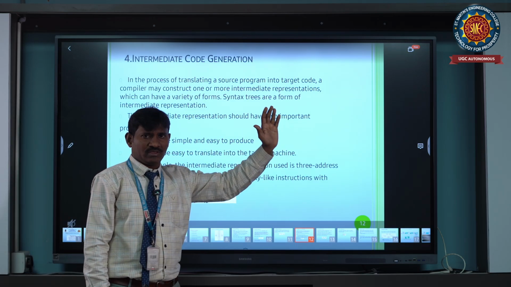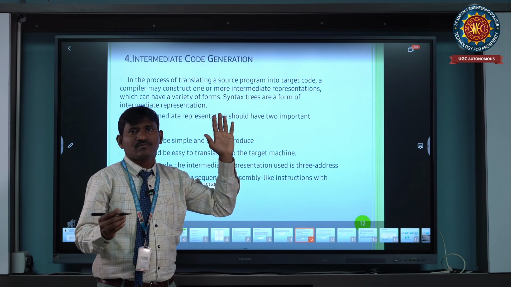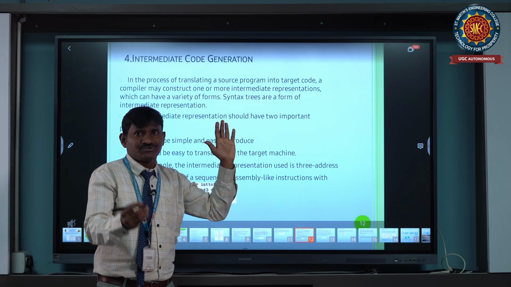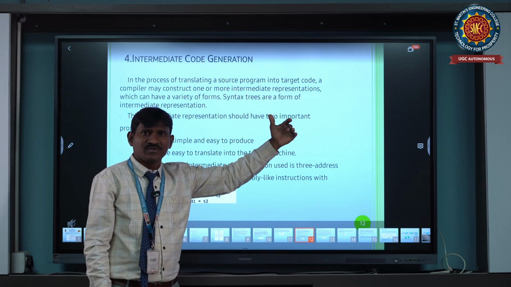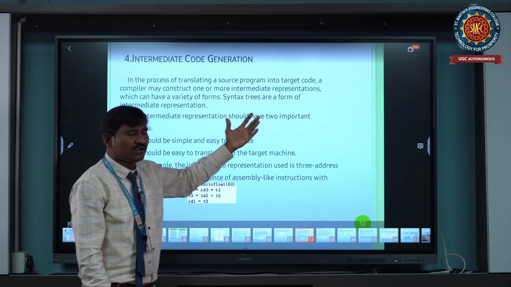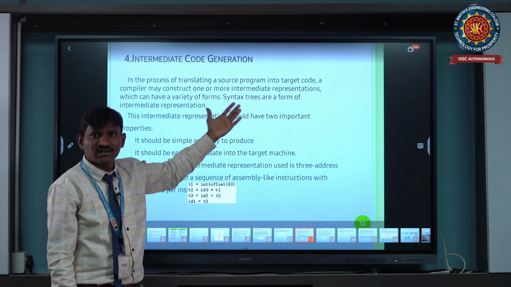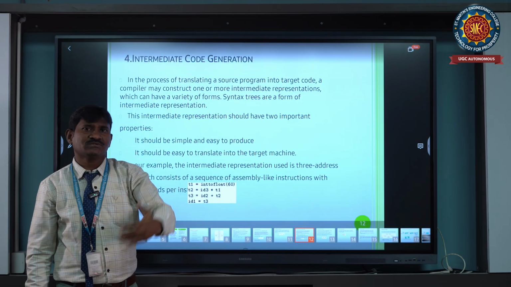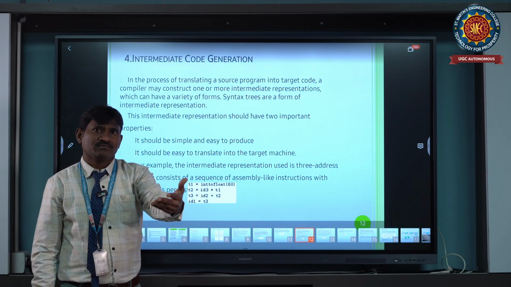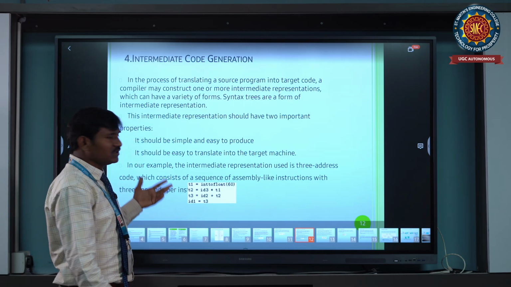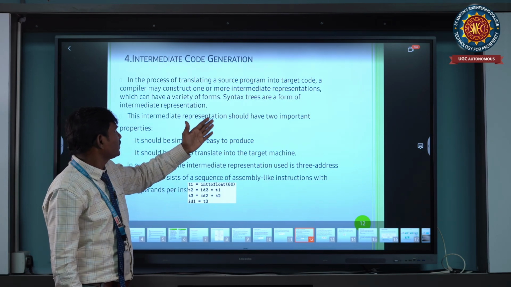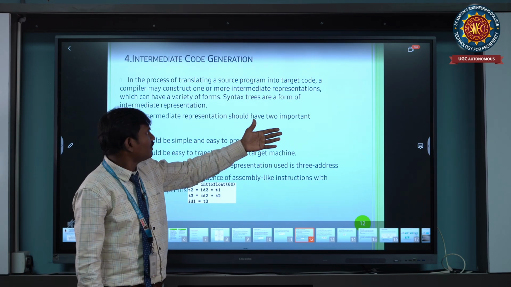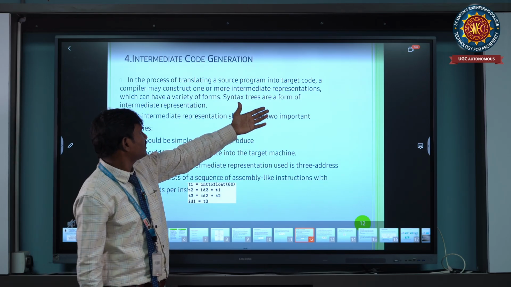Every phase has some representation. The lexical analyzer represents as tokens, the syntax analyzer represents as trees, the semantic analyzer also represents as trees. Next, intermediate code represents the syntax trees in the form of